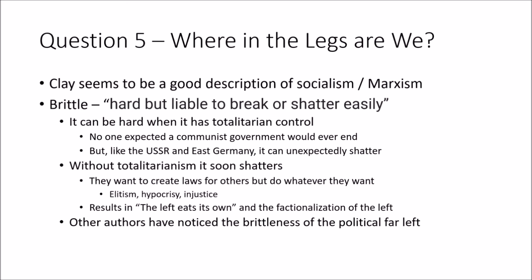And so what this results in within people like that who haven't got a totalitarian government is something that we describe as the left eats its own. And what happens is they fight among themselves and destroy each other. One person isn't following the rules properly, and another person rats on him, and they do that sort of thing all the time. And they tend to factionalize, break into groups, and that's why there are so many different names for this. It's not just socialism; it's Marxism, Leninism, Trotskyism, and a whole bunch of other names like that, because each one was a little different, had different ideas on different things, and they couldn't work with the others.